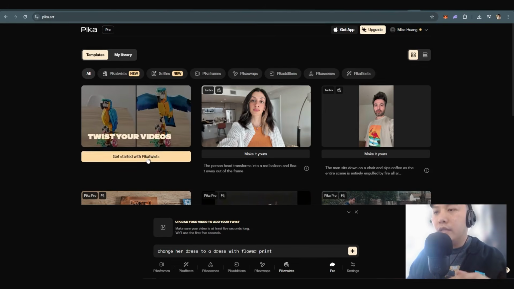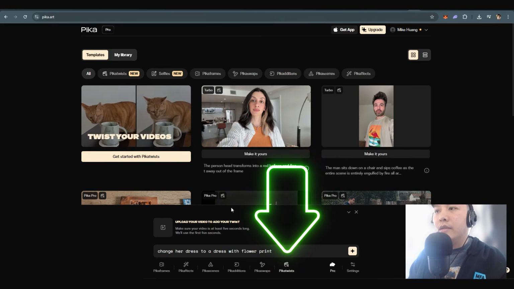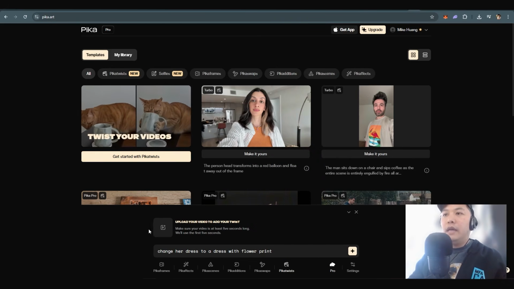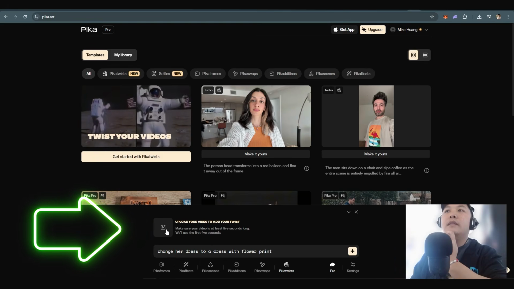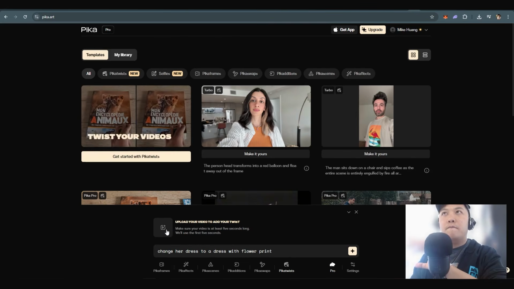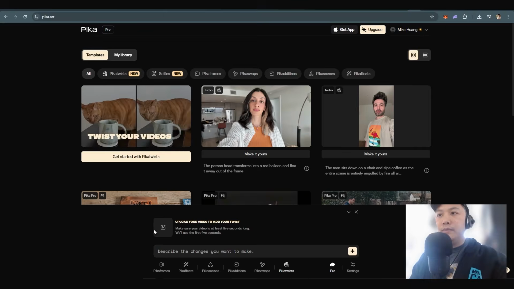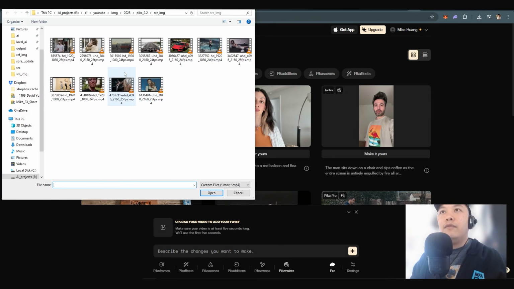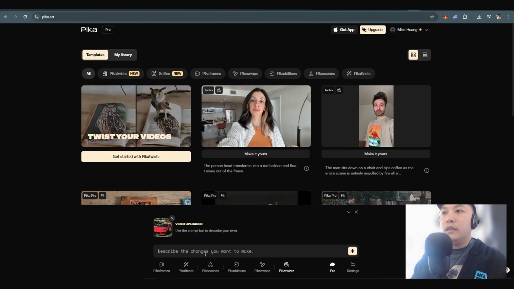Let's just jump right into the interface. If you click right here with Pikatwists, it's kind of the default prompt box, and it'll ask you to upload a video. Now, what's great about Pikatwists is it's going to take your original footage and then try to morph it in a way that incorporates your prompt. So, for example, I downloaded a bunch of stock footage from pexels.com, and I'm going to take this car upload and just say,